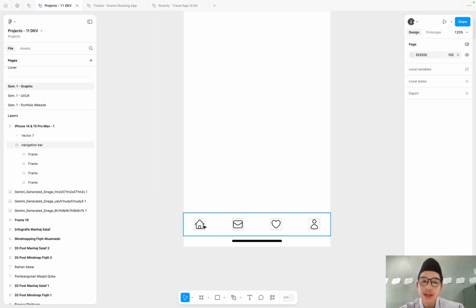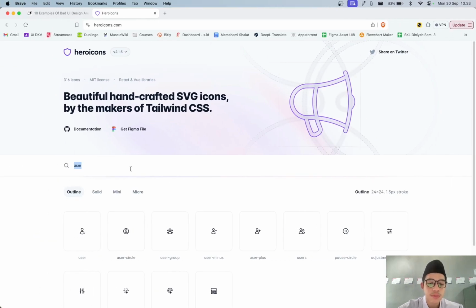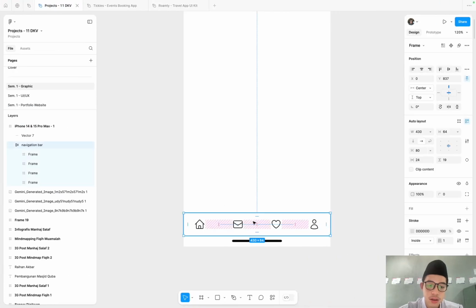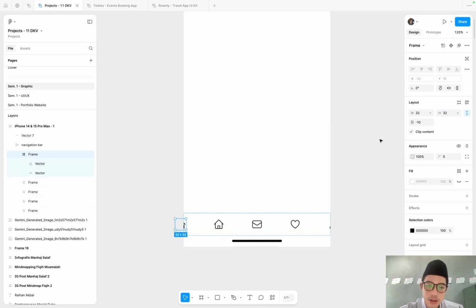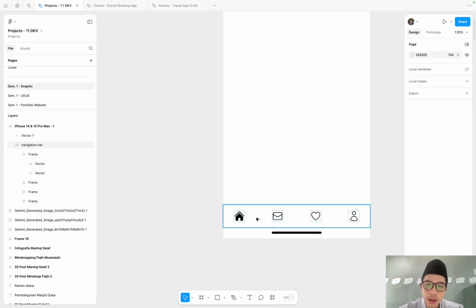If the UI is consistent using outline icons, then you have to use outline. If you want to use solid, maybe home, solid, like this. Then all of the icons should be solid, okay? But different when maybe like this.